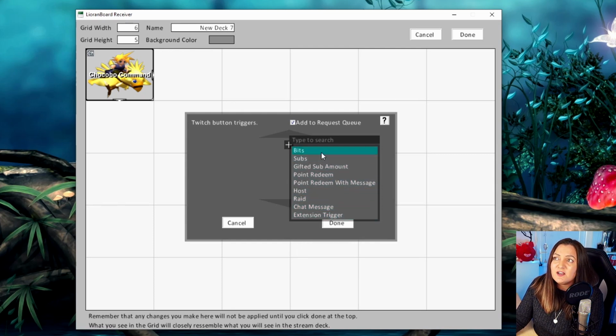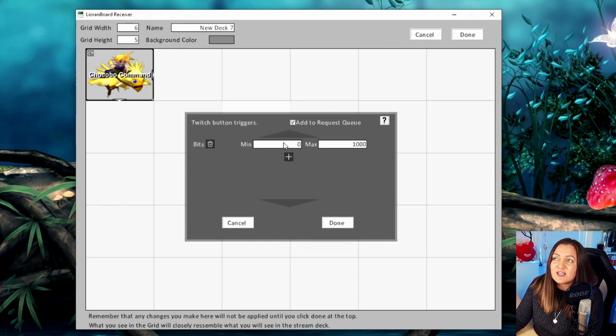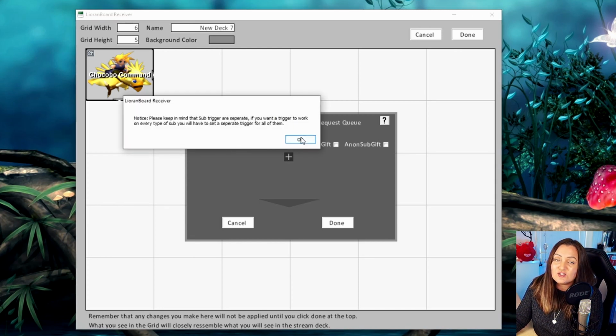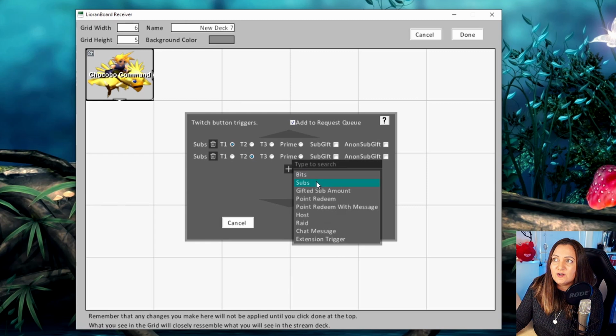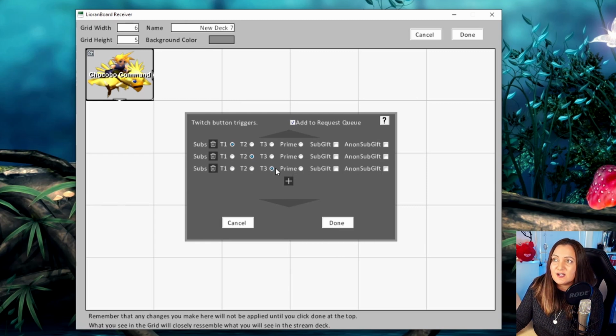If somebody cheered a number of bits, for example, you could say between 1 bit and 1,000 bits, this would then trigger. You could say that if you got a tier 1 sub, prime sub, gifted subs and so on, that would then trigger this. Now just note that you can only select, and it does give you a warning, 1 at a time. So if you wanted this particular animation to trigger every single time any sub happened, you would essentially have to add extra ones here and have 1 for tier 1, 1 for tier 2, 1 for tier 3, and so on. If we want to get rid of any of them, we can just get rid of it like that,